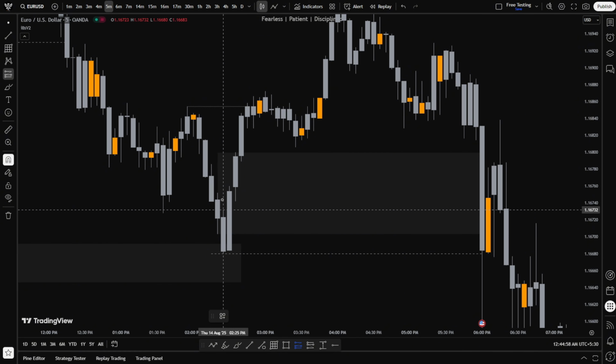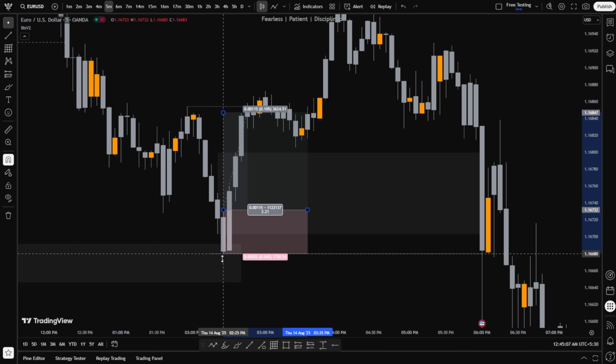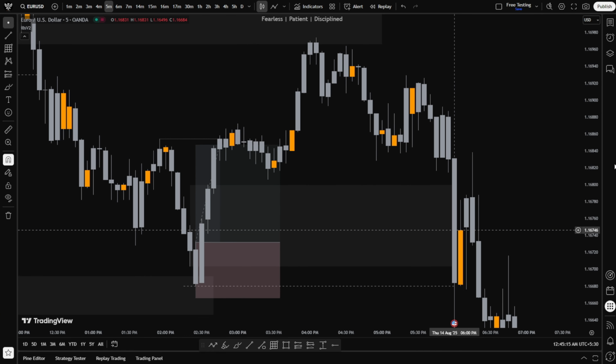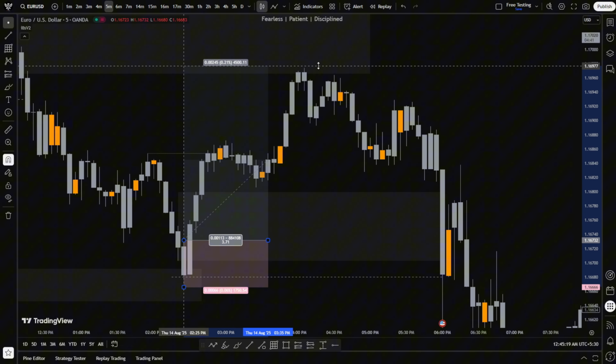So to keep it simple, after the candle mitigates your order block, just put the entry on top of this candle, and the stop loss can be about 2 to 3 pips. You can give breathing space for the market. So it can be like this, okay? So what happens? Obviously the market goes up, tags you in the trade, and it gives about 3.5 RR, which